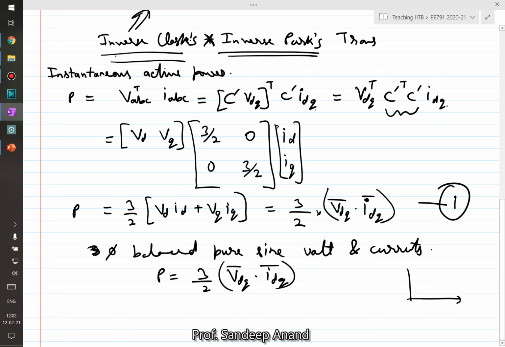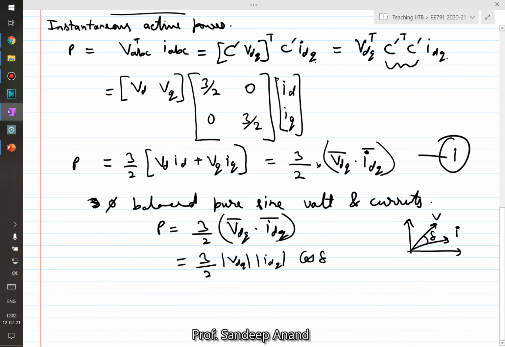So if this is your dq frame, and this is your voltage vector and this is your current vector, we can see that the dot product is going to be 3 by 2 times the magnitude of the voltage vector multiplied by the magnitude of the current vector multiplied by cos of the angle, which you can see is nothing but equal to 3 by 2 times